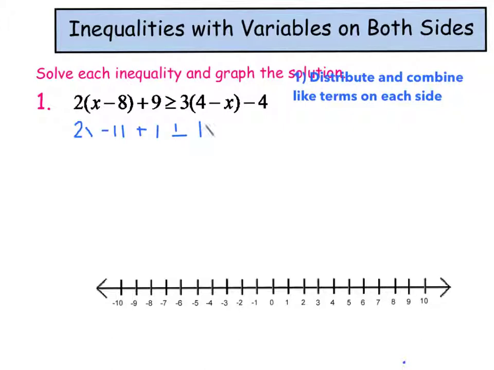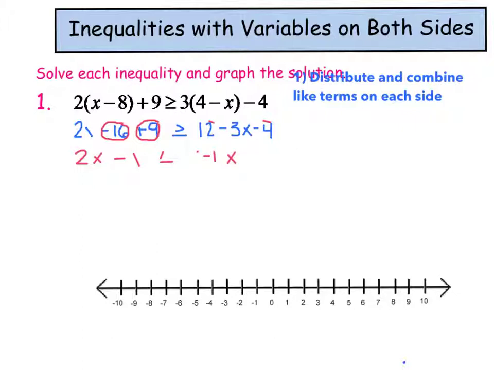3 times 4 is 12 minus 3x minus 4. Now that I've distributed, I'll combine like terms. So I have my negative 16, remember that negative sign goes with the 16, with a positive 9, which gives me 2x minus 7 is greater than or equal to, then I have a 12 with a negative 4, 8 minus